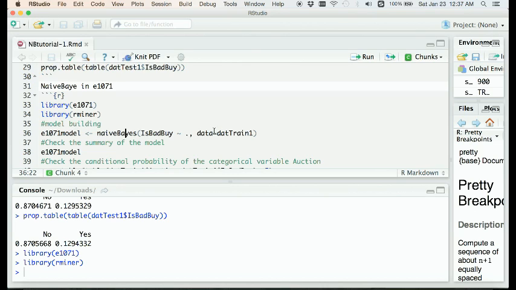Similar to the decision tree classification models, like C5.0 and J48, there is a function called naiveBayes, and you can directly use this function to build our model. The first parameter looks like a regression model formula. So our target variable is IsBadBuy, and then